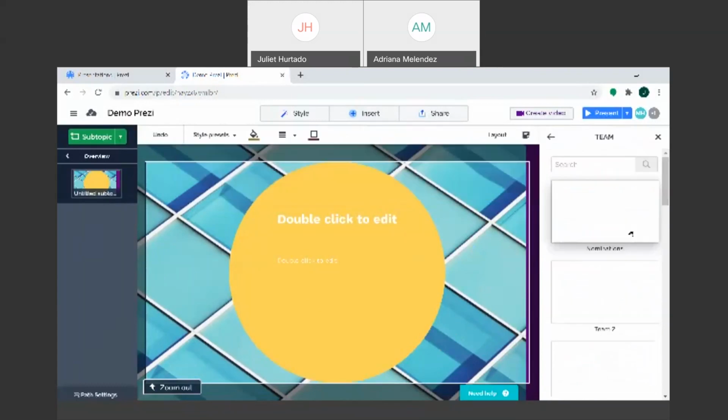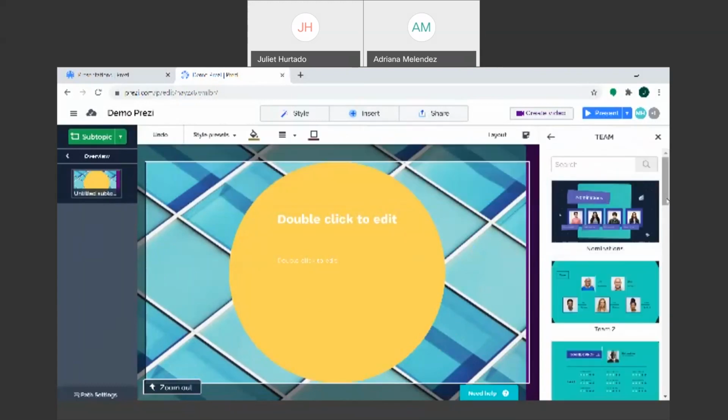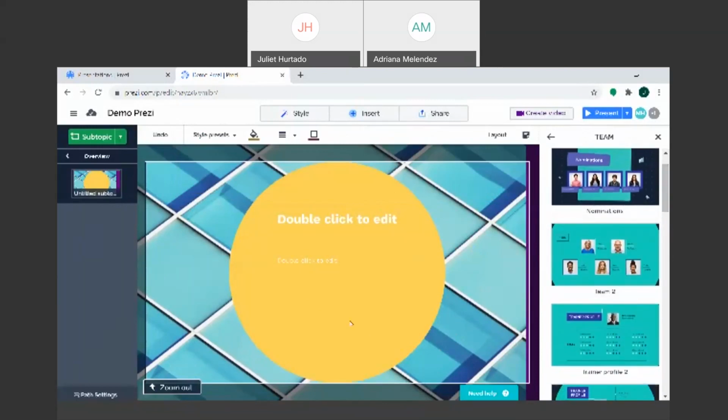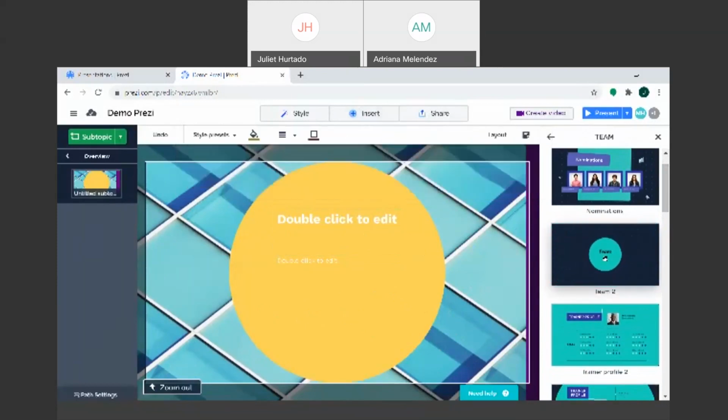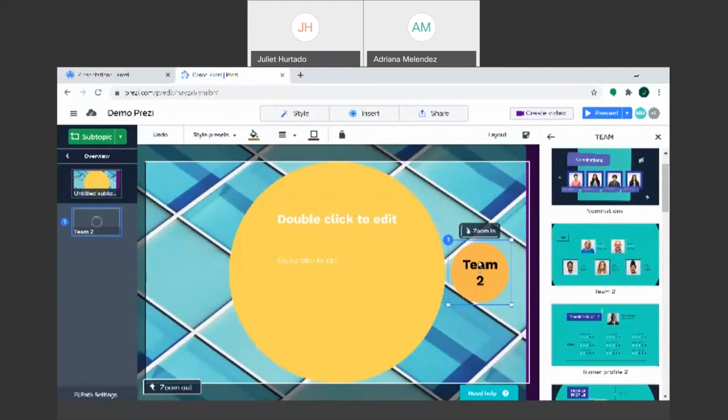Let's say we wanted to use a team. So instead of having a blank story block, you could have a blank subtopic. You could have a more interesting looking